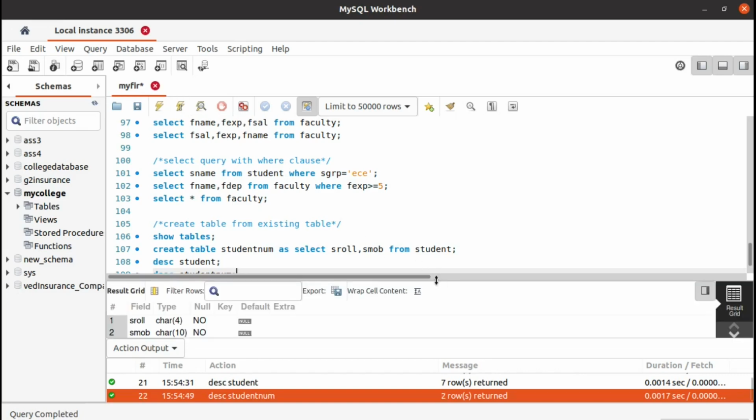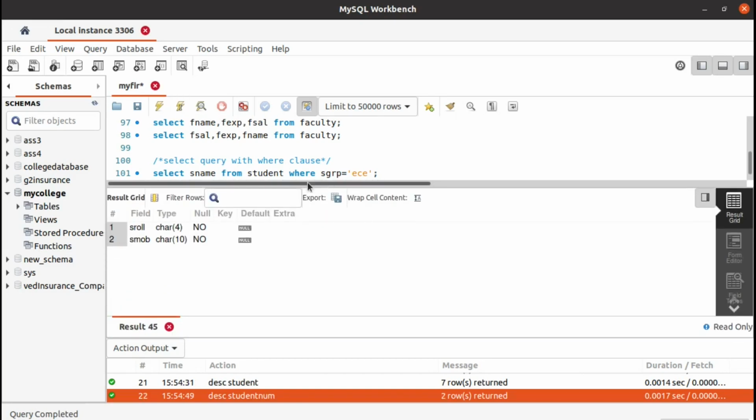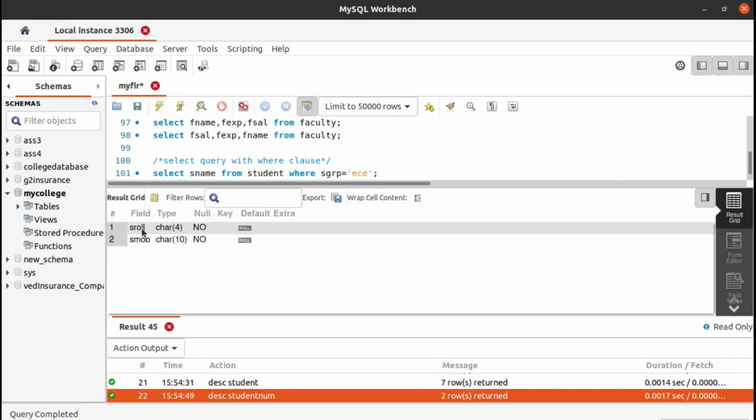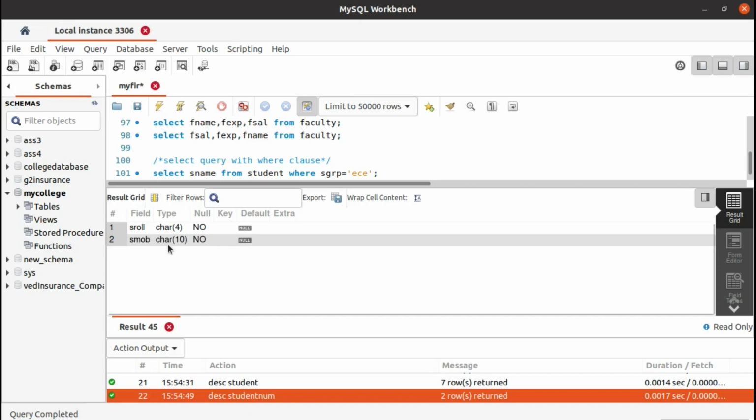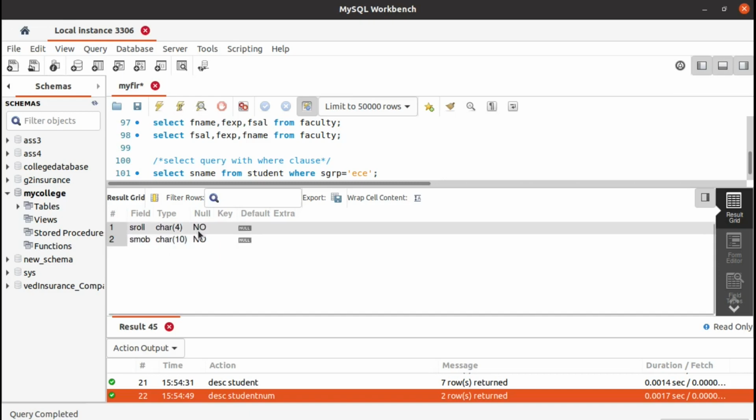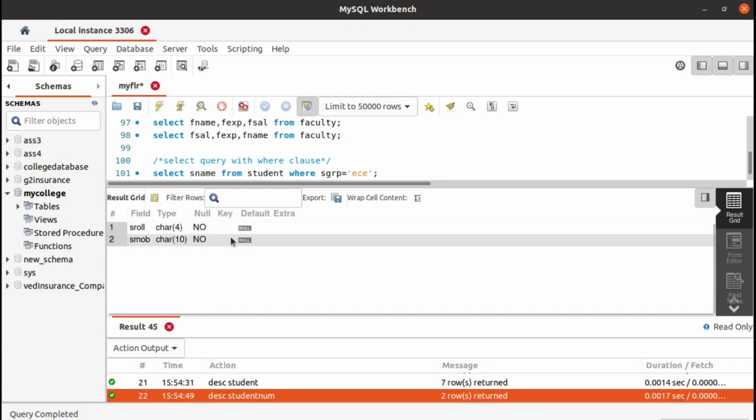Similarly, like in the table from which we created it, it is of character size 4 and the data type is also 10. Both are not taking null values, but the keys are not copied. The primary key constraint and unique key constraints are not copied.